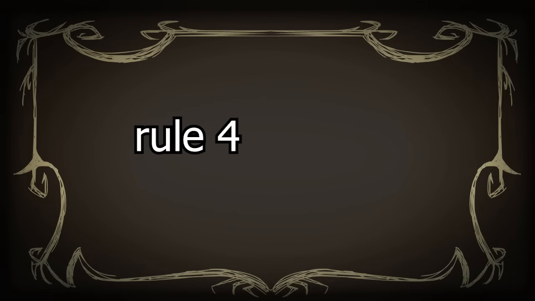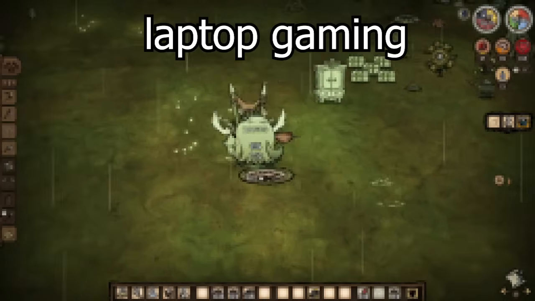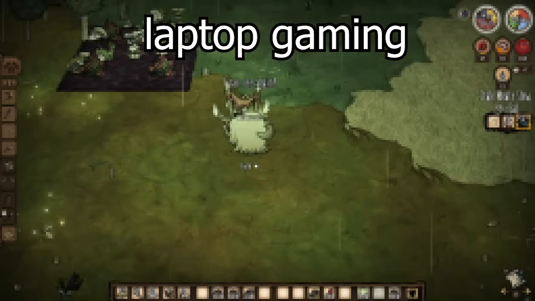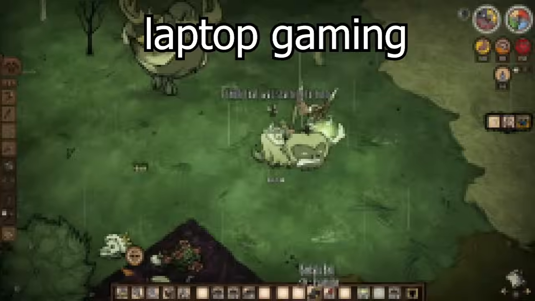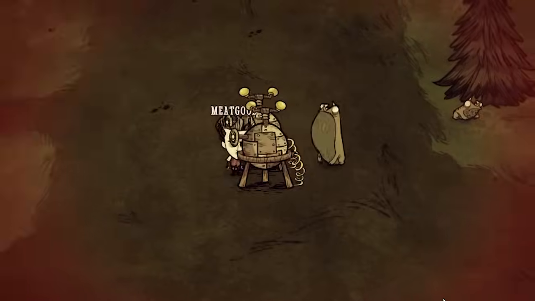Rule 4. The items that you will take will work exactly like they do in Don't Starve. So for instance, if you had the marble armor, it will slow you down if you put it on. But if you carry it, just in your hands, it will weigh nothing. Rule 5. No structures. You can't pick up an alchemy engine. And rule